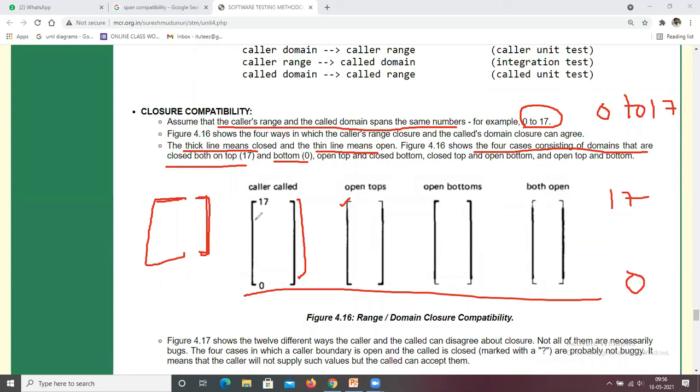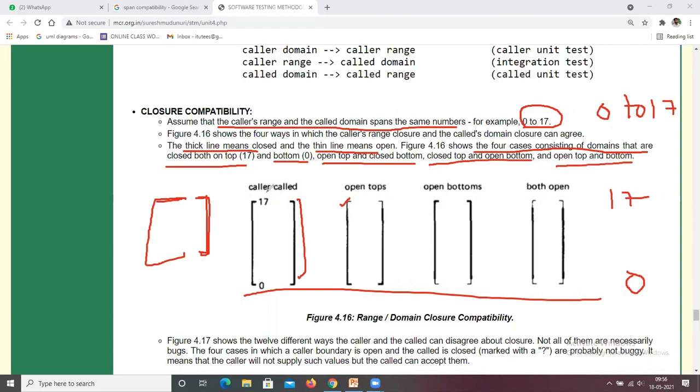The first condition is closed both on top and bottom, and next one is open top and closed bottom. Next one is closed top and open bottom, and open top and bottom.